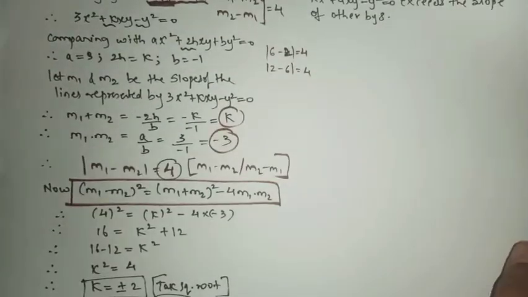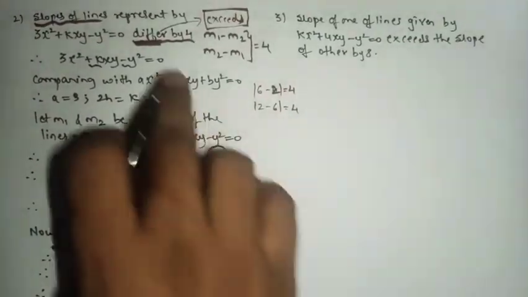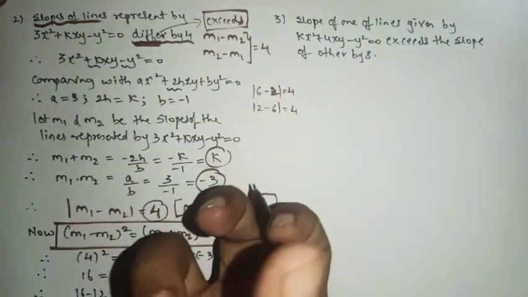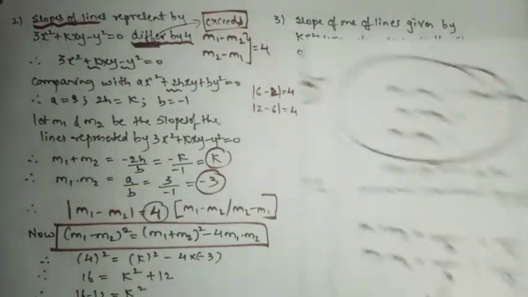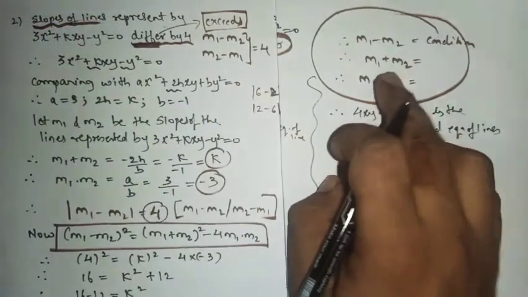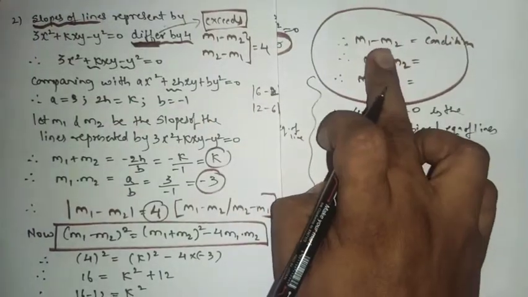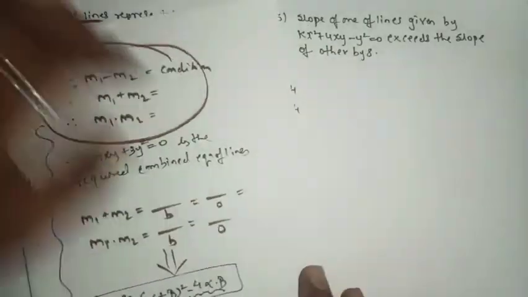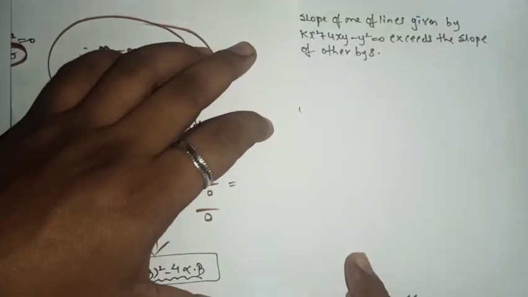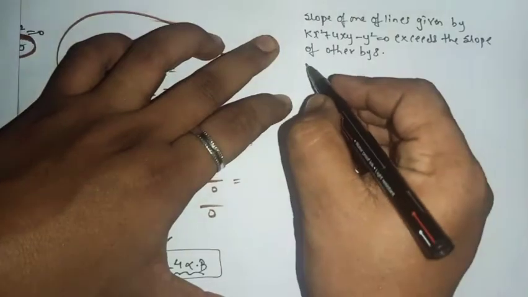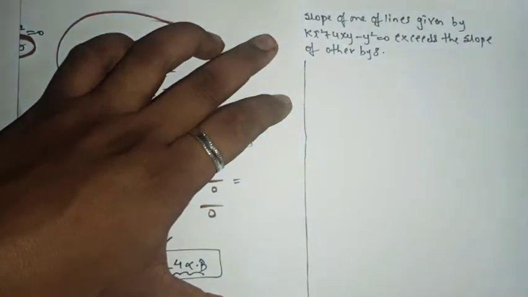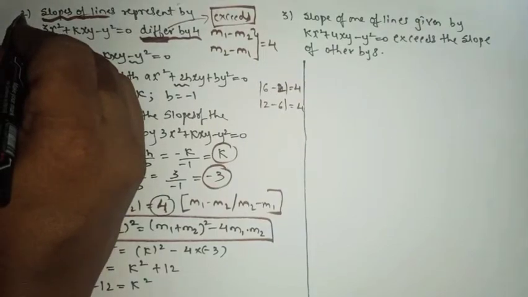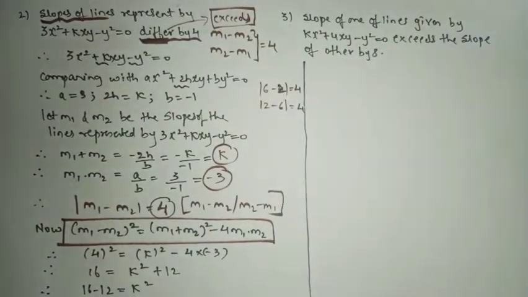So in this way you have to present the sum whenever the words differ, exceeds, difference between come. According to the condition, if you are getting the sum of the slopes, product and the difference, straight away you will apply this formula. Got the point? Yes or no? Now we'll move on to the next one, that is sum number third.